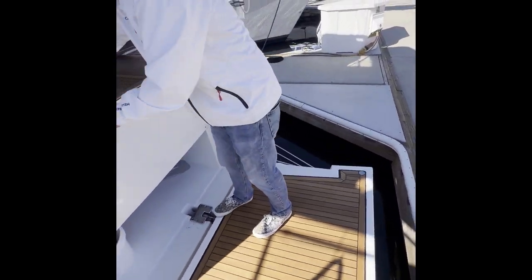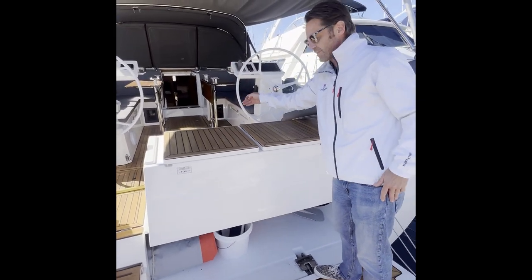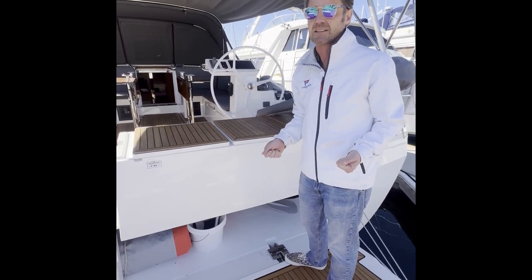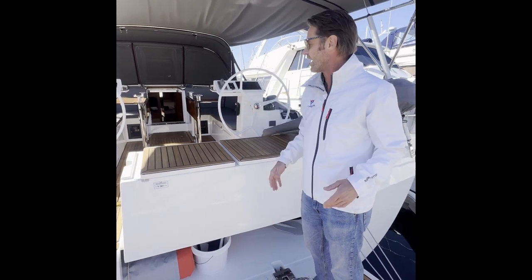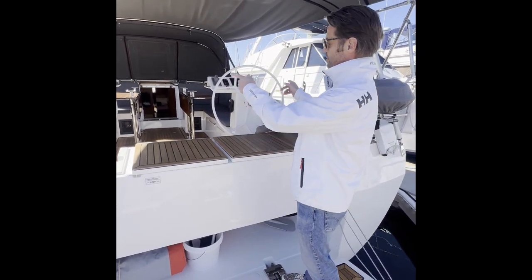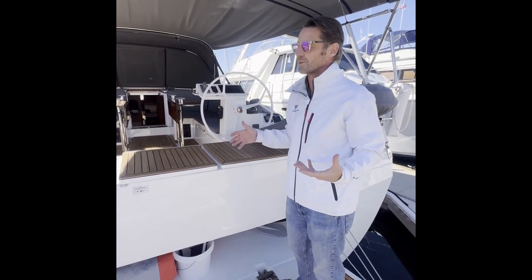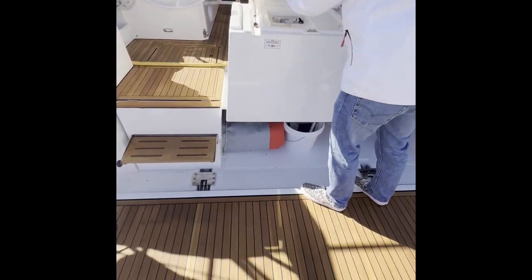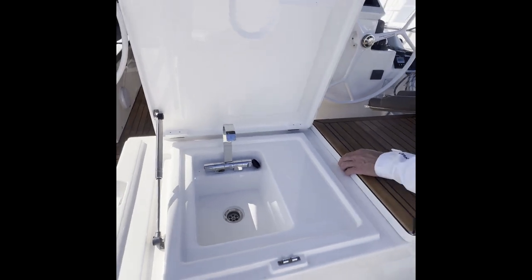Got a storage locker down here, which actually connects with an opening here in the cockpit that you can drop down, usually used for a life raft or to get at life preservers. There's actually another huge locker in the front right there before the companionway that is additional storage, as well as the two lockers on both port and starboard sides. So she's got a lot of stowage just here in the cockpit. But as I was saying, you got a swim step area, and then this opens up into a super cool, very easy to use